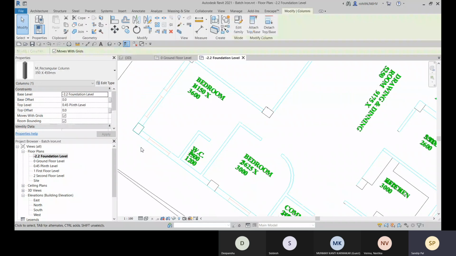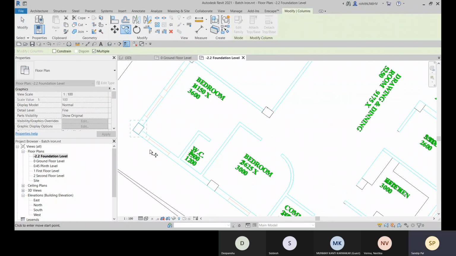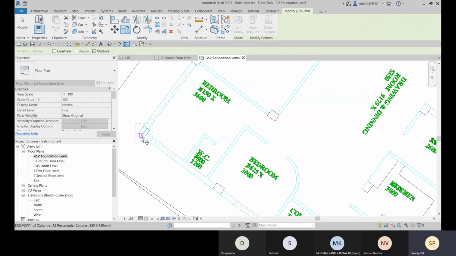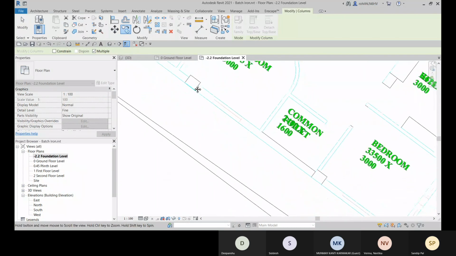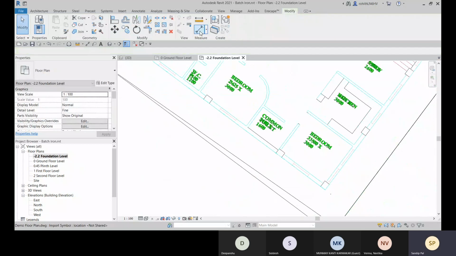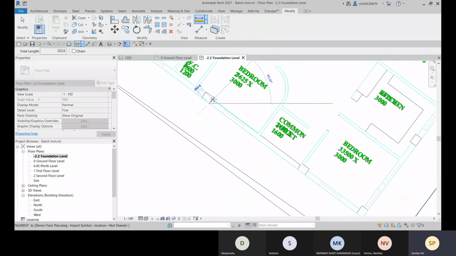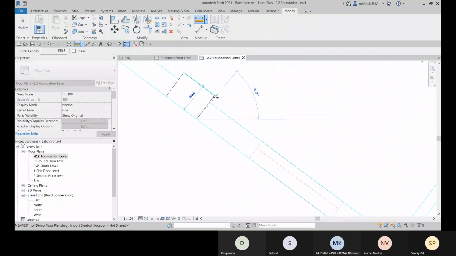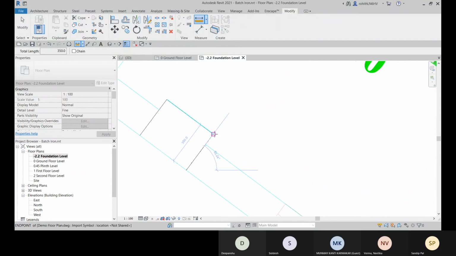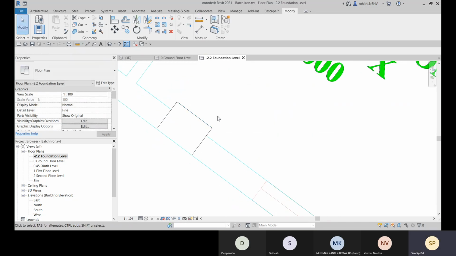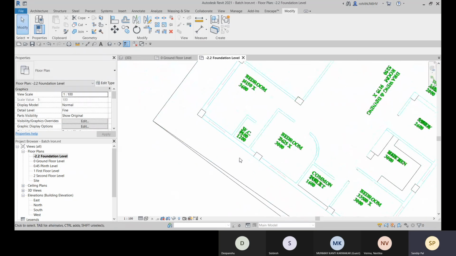And here, let me go with CO, CO, then choose the point. I think this is a different one. P50. And from here, so okay, so it's placed like this way.